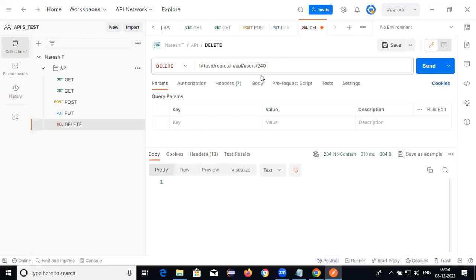Everybody, what is the use of the get? We need to get the information from a database.